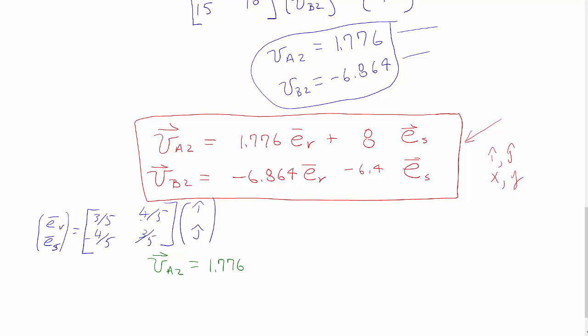1.776 times what is essentially 3/5 I and then 4/5 J. But that's this component. I need to also say 8 times ES, which is minus 4/5 I plus 8 times 3/5 of J. And let's stare at this for a minute. It's kind of an interesting